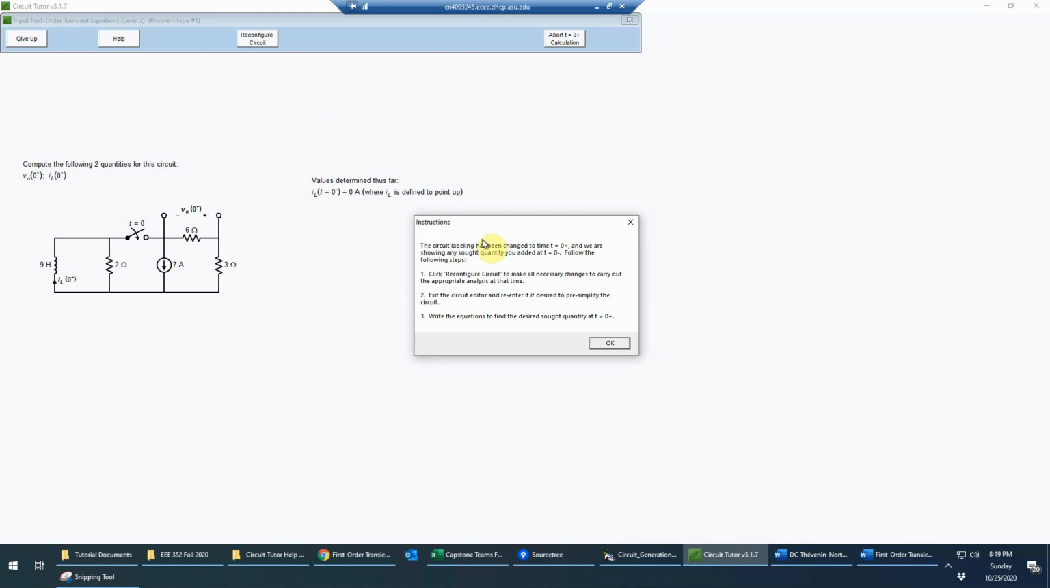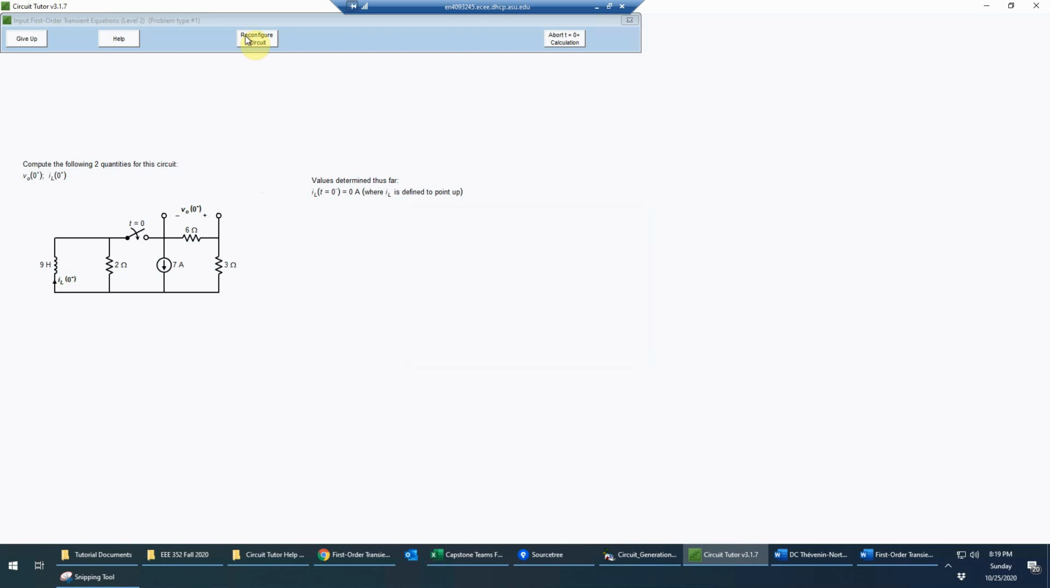Okay, so now it's relabeled the circuit for 0 plus, as you notice here. Everything's at 0 plus, and again it gives me the instructions to reconfigure and then go in the circuit editor perhaps and simplify and then write the equations. So I'll start by reconfiguring the circuit,